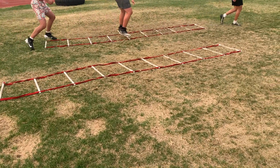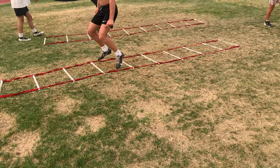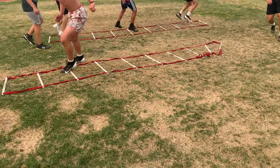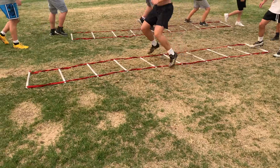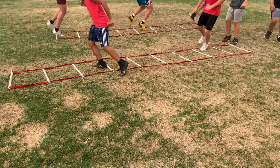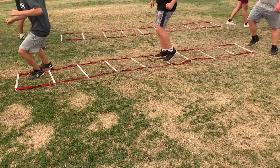Next up, we have the skis. This is actually one of my favorites because we're working through the ladder as quickly as possible. Great knee bend. It kind of simulates a jump cut in football. We're keeping our toes pointed forward. We're keeping our balance, and we're just going to work our way right through the ladder as quickly as possible. I've noticed that keeping our toes pointing forward does help us get through quicker,